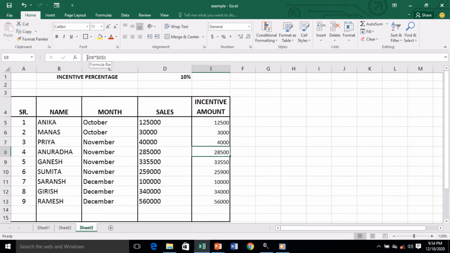You can see that this is changing because we are not using a dollar sign with this. But here where we have used a dollar sign with D1, it is not changing. This D1 is not changing at all. Okay, so you can see here, everywhere it has only changed the starting cell address. So this is an example of absolute reference, my children.